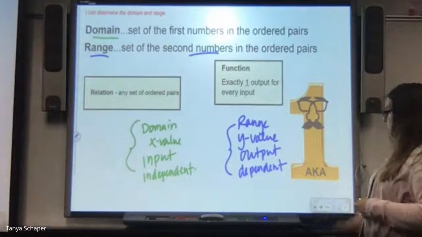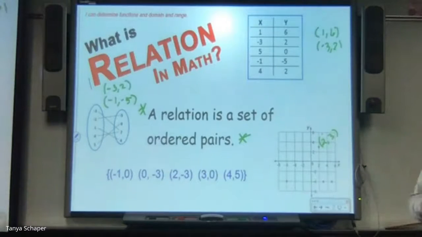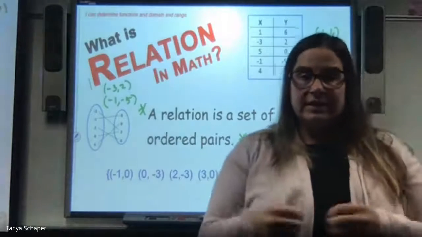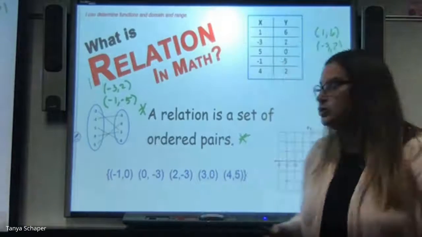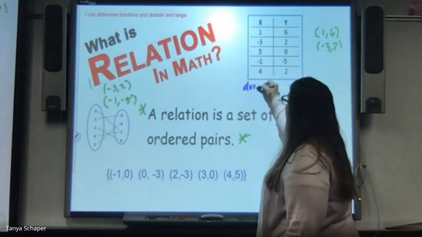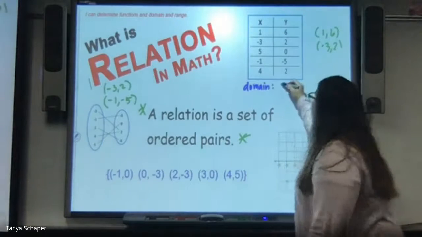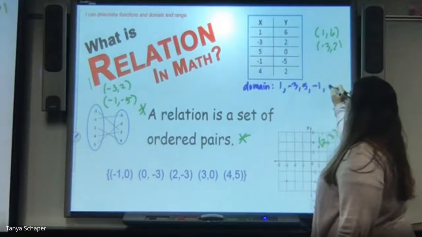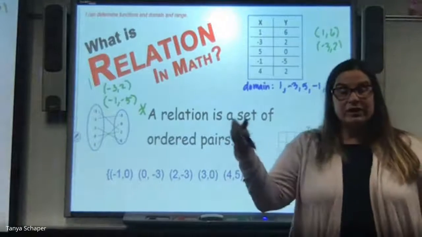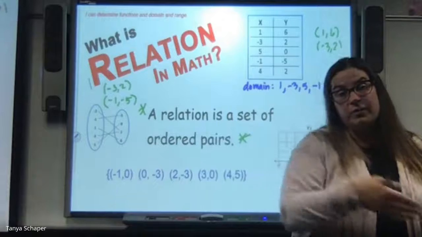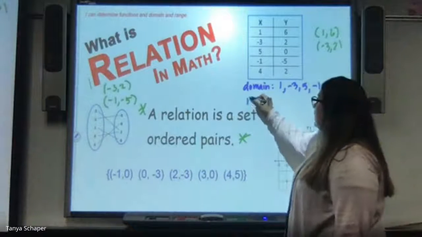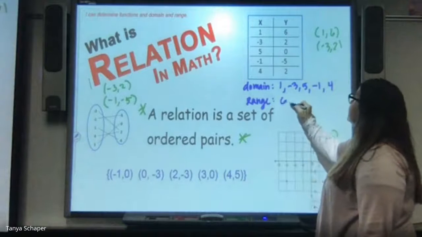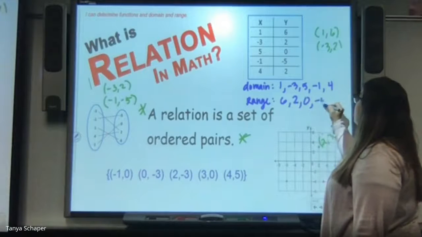I'm going to go back one slide, and I want to talk about domain and range. For this t-table, if the direction was list the domain and list the range, what I would do is write domain, and I would list 1, -3, 5, -1, 4. I would actually list all of those x values, all of the input values. My range, I would do the same. The range is 6, 2, 0, -5,